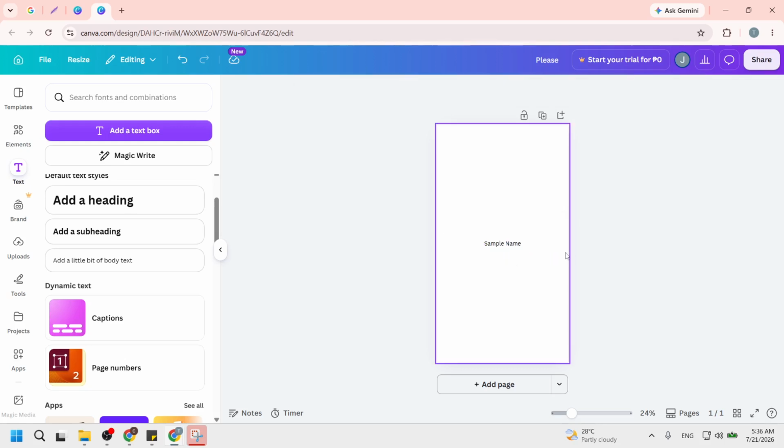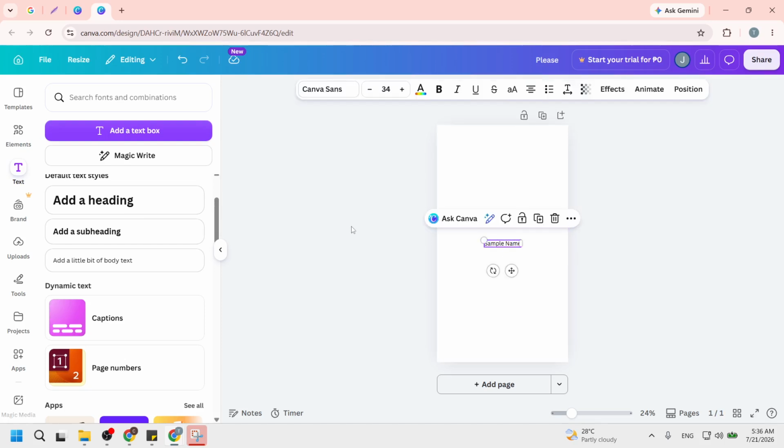Once you've added the name, customize your style using the top toolbar. Here you can change the font, size, and text color to match your design aesthetic. This step is vital because it enhances the visual appeal of your text and makes it stand out. You might want to experiment with different styles until you find the perfect look.